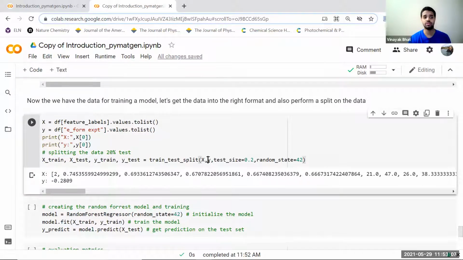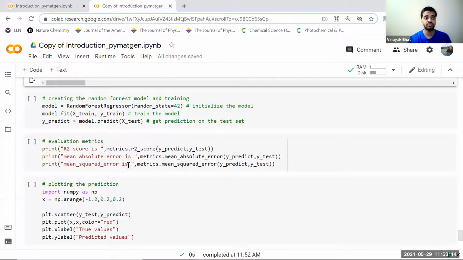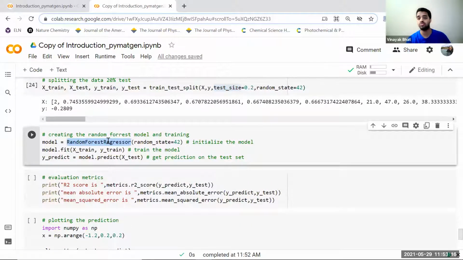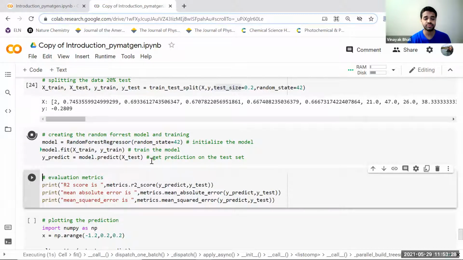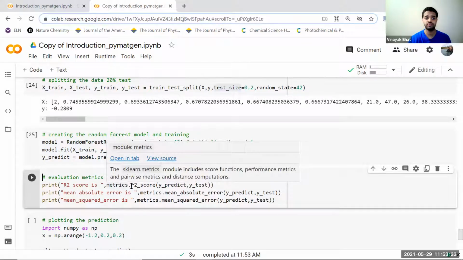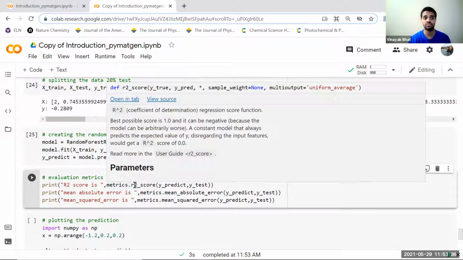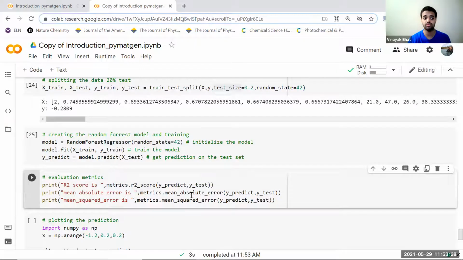Again, we are splitting it into 80 for training and 20 for test, and that is already generated. Over here, we are going to use a regression model because this is continuous data, as you saw, and not discrete. So model.fit again and model.predict for predicting that. The metrics we are going to use here are different. We're not going to use the confusion matrix. Rather, we are going to use R square, mean absolute error, or mean squared error for the evaluation.